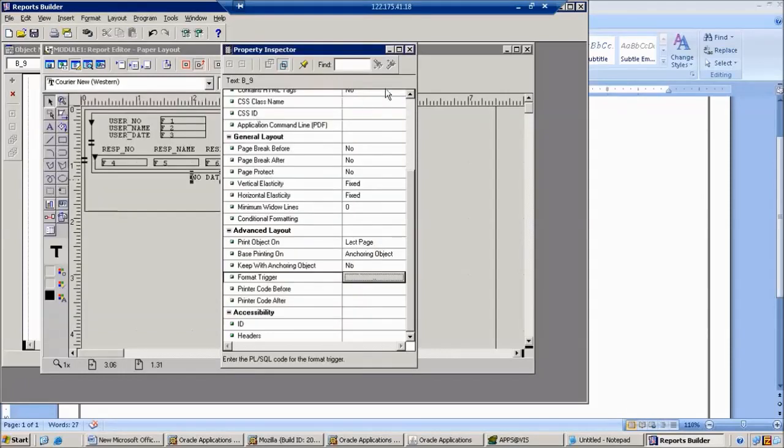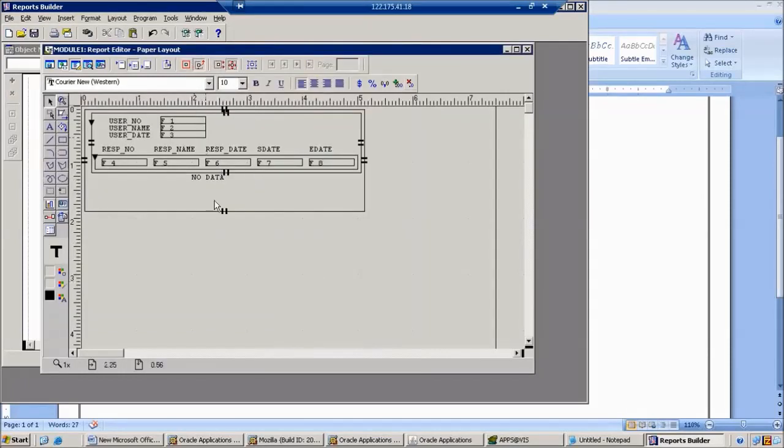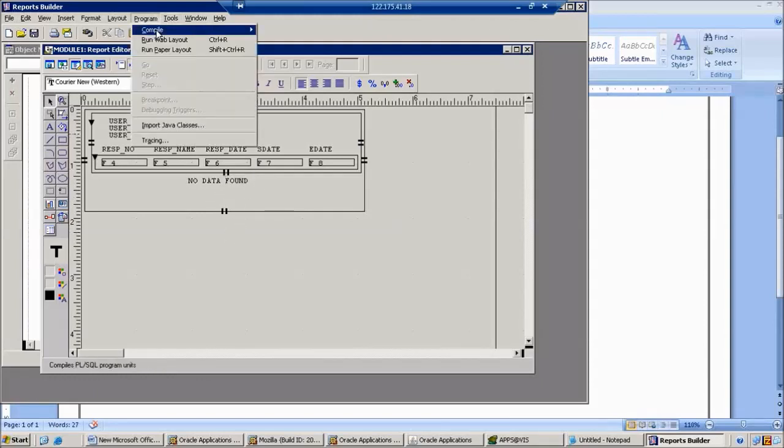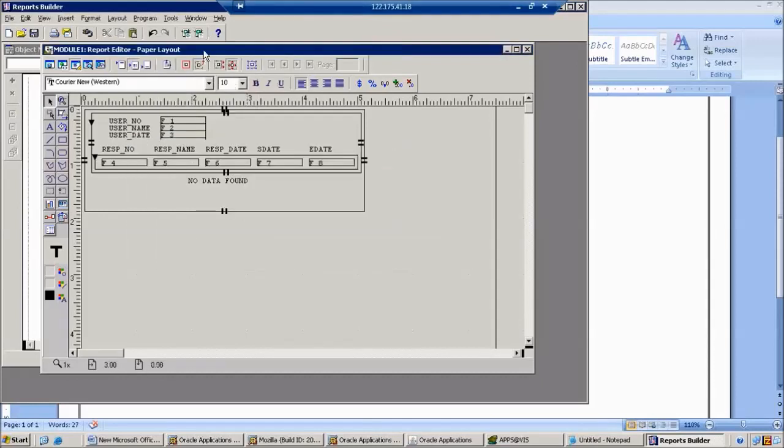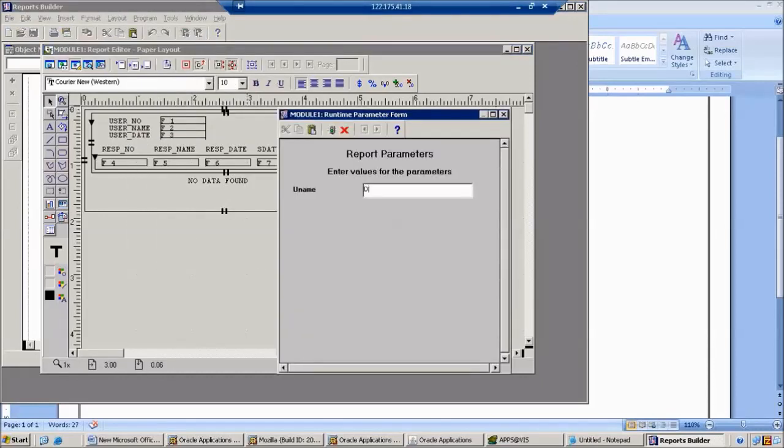Compile and close it. Now check it. Then what happened here? Okay, now we can compile the report and run it.